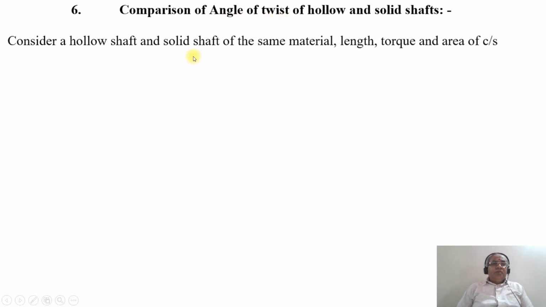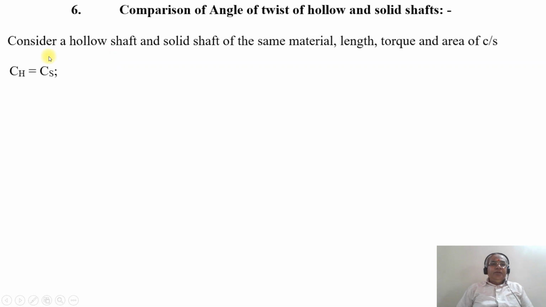Now, in this video, we are going to take up one more case on the comparison of hollow shaft and solid shaft by considering the angle of twist. To do that, consider a hollow shaft and a solid shaft of the same material, length, torque, and area